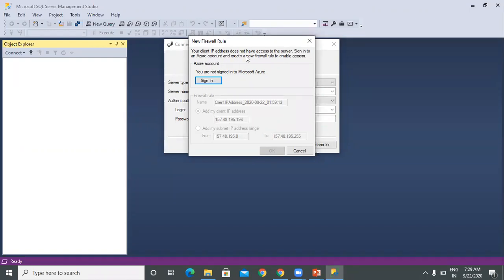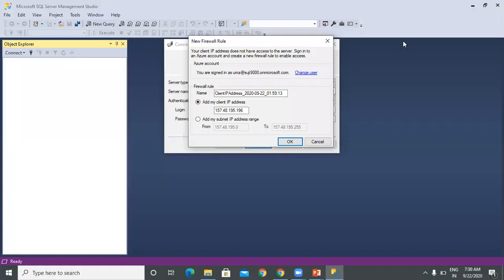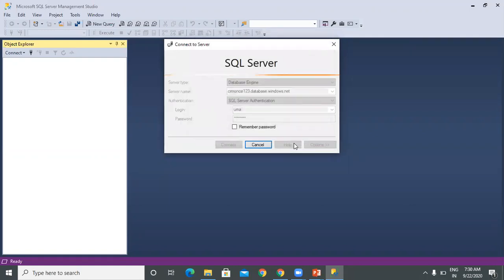You need to set up these firewalls, you need to enable the access. So now we can click on sign in. After signing in, you can click on OK. So that firewall will be enabled and that SQL server will be accessed.